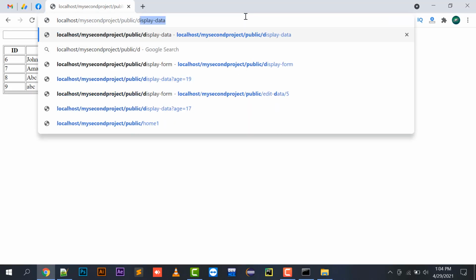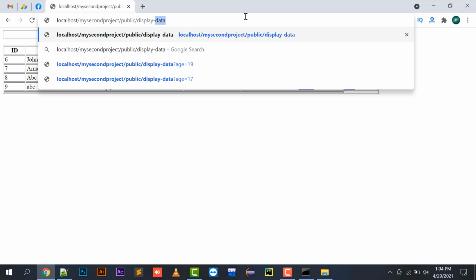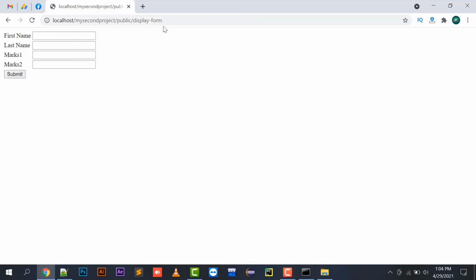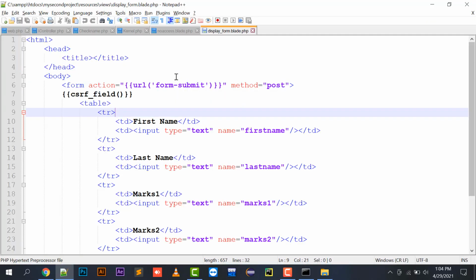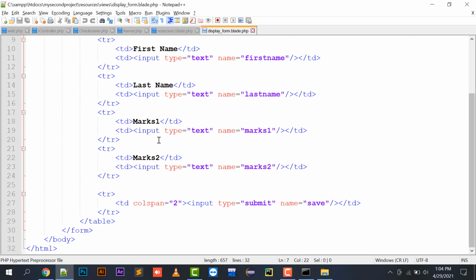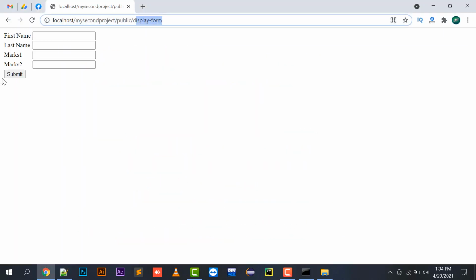First of all, I'm going to show you how this middleware works. Display form is going to render this form. In this form, I have a first name.